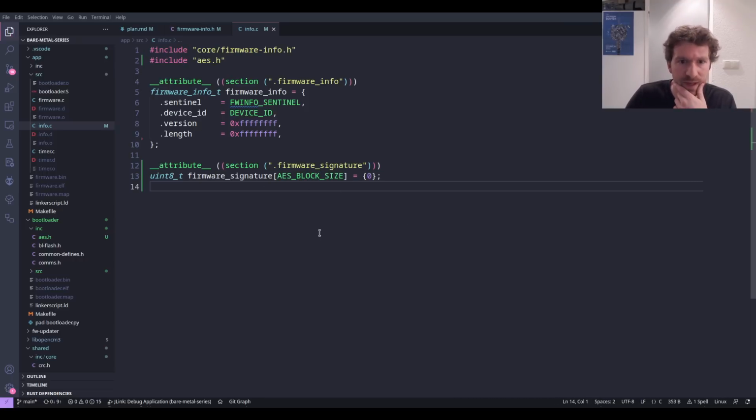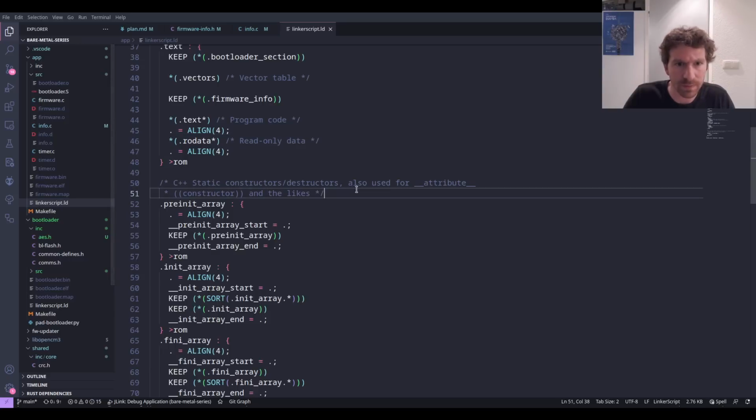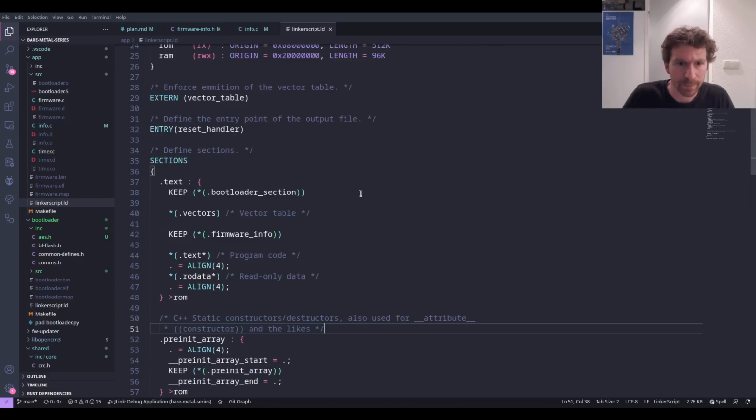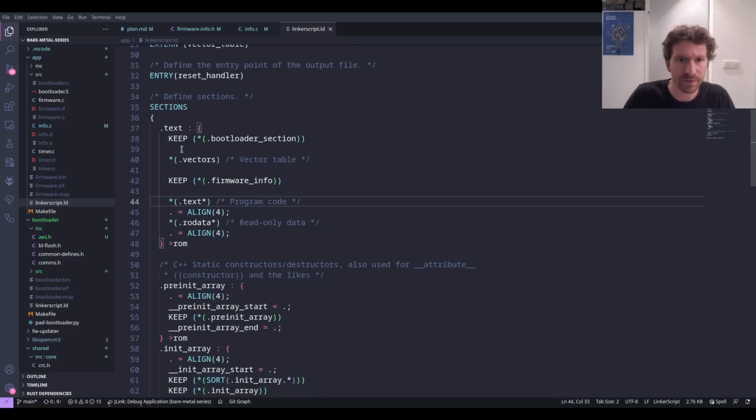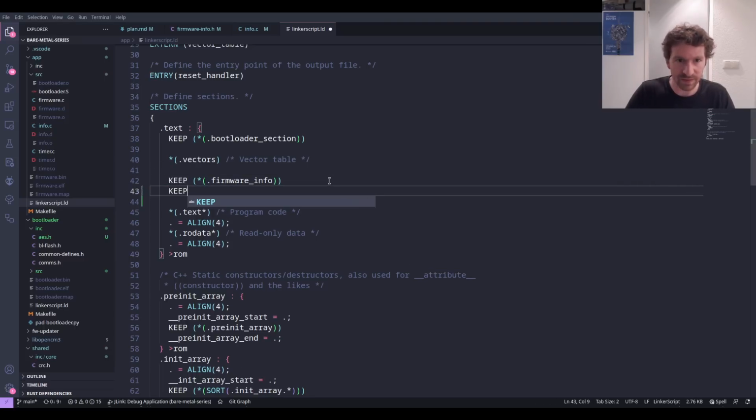Okay, great. So now let's go to the linker script and make sure that we've got something that makes sense for this section. So what do we have? We've got our bootloader section, then we have our vectors, we have the firmware info section, and we want to make sure that that's still there. What we also want to have is the